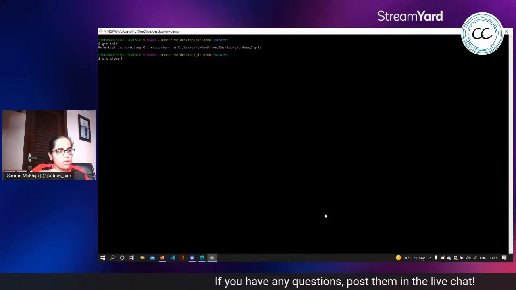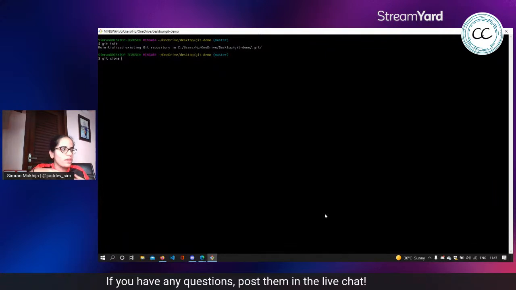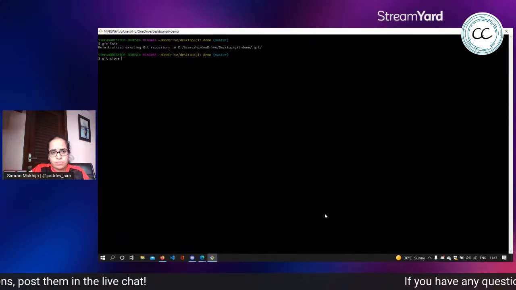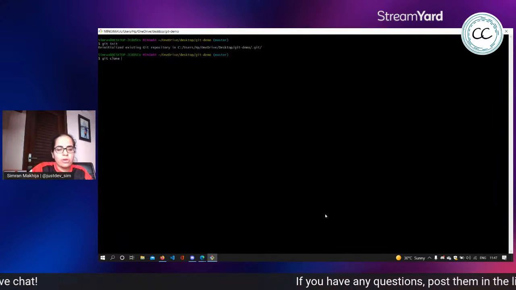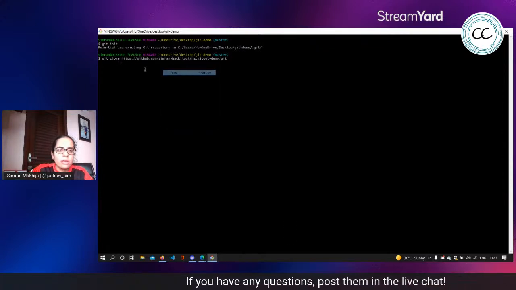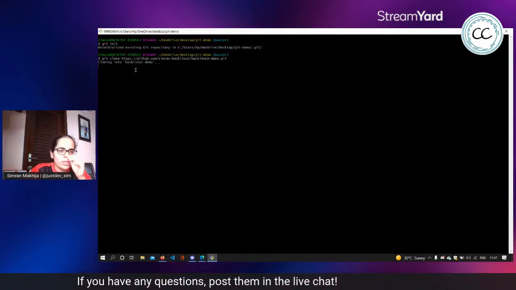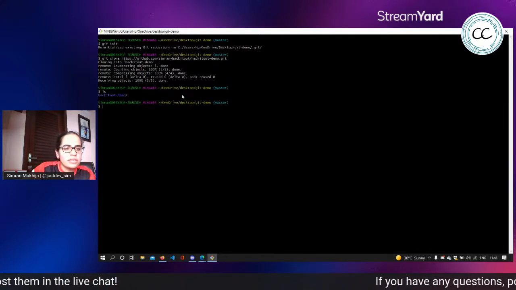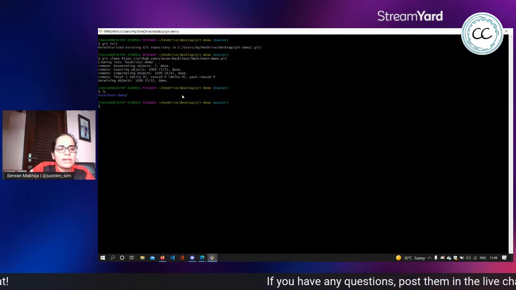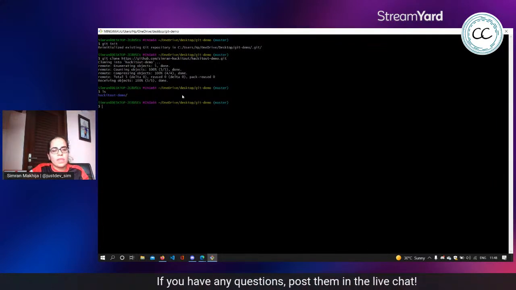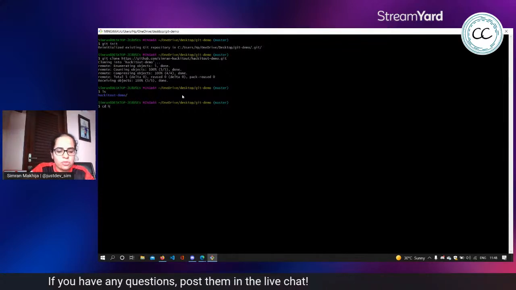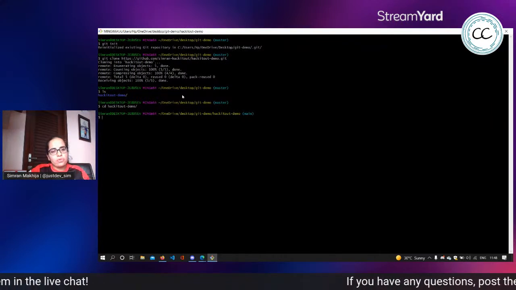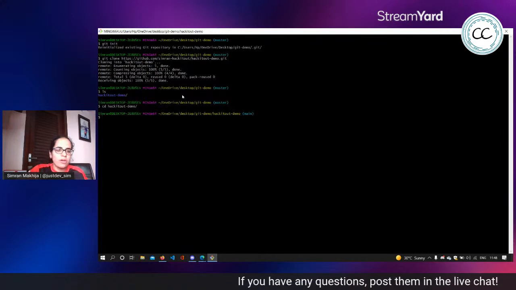Cloning is the process of copying the repository from the internet to your system. So here I'm just gonna copy the link and paste it, and here we go. It's cloning. And if we were to ls here, we can see hack it out demo is created as a new directory here. So this is one way to do it, that you create an empty project on GitHub and then you clone it to your system and start working on it afresh.